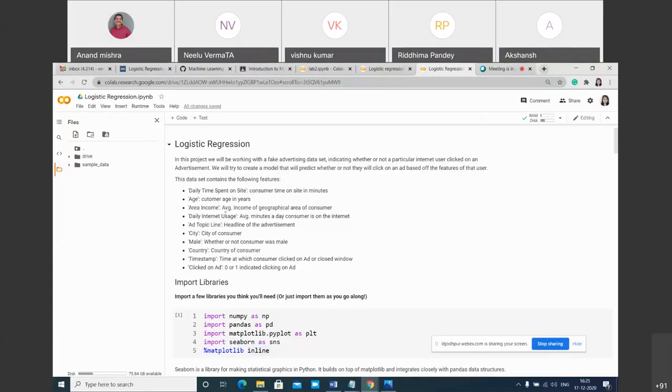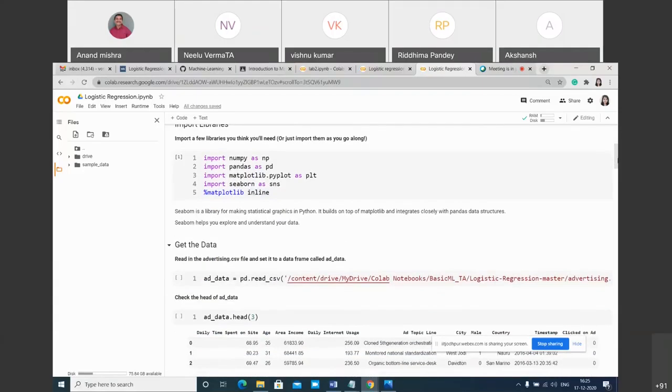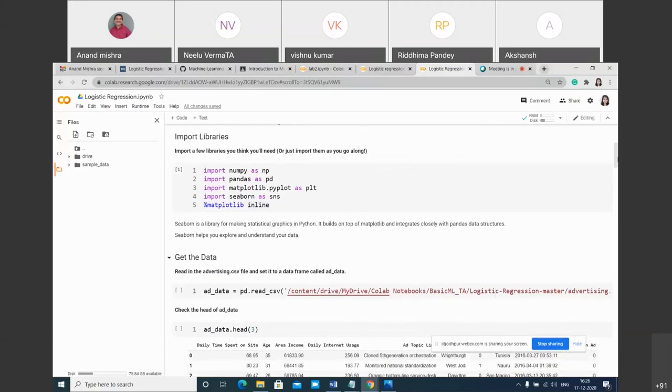So based on these parameters, your city, your gender, your country, the time stamp, how much time you spend on any site, all of these are called features. So based on these features, you are predicting whether this advertisement is good for you or not.